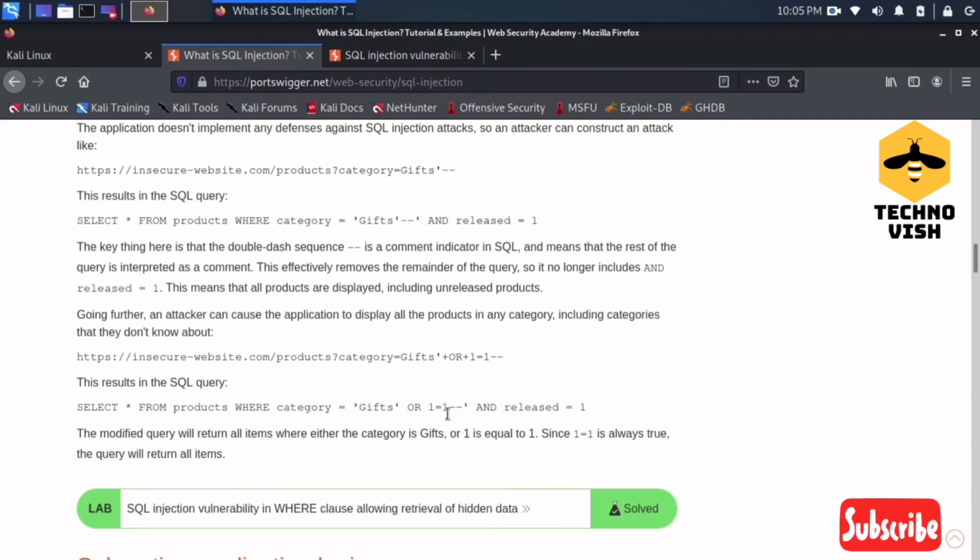So if it is true it will obviously show all the products, right? The rest will be commented out here, so the released condition will not get the chance to query the database. Since OR 1=1 is always true, the query will show all the items.